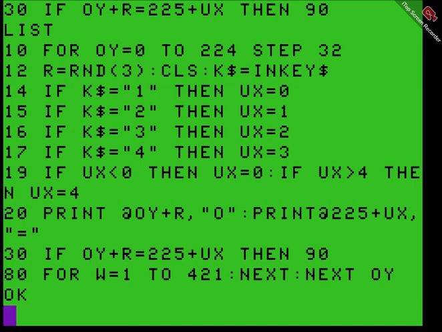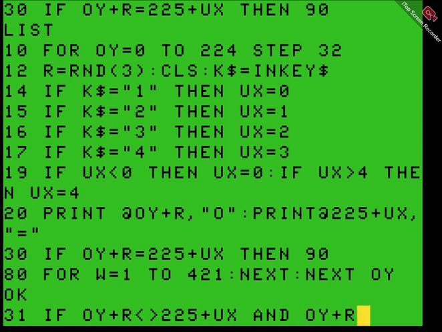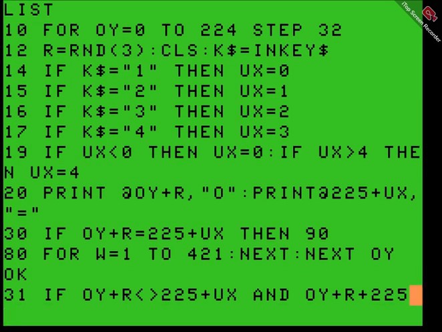This is just going to line 31, if OY plus R equals 225 plus UX and OY plus R equals 225 plus R, then